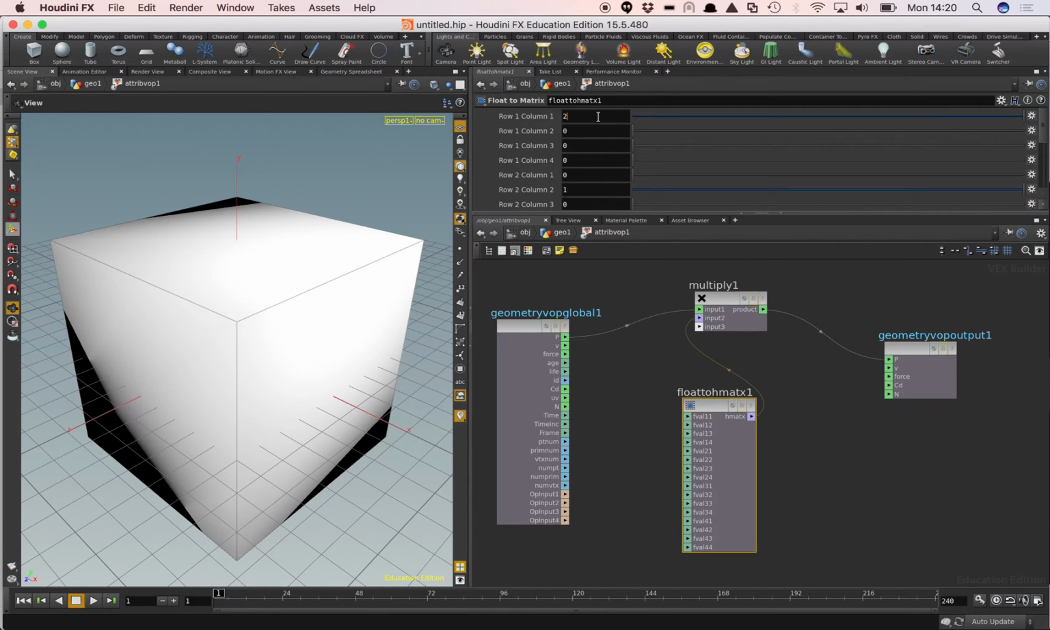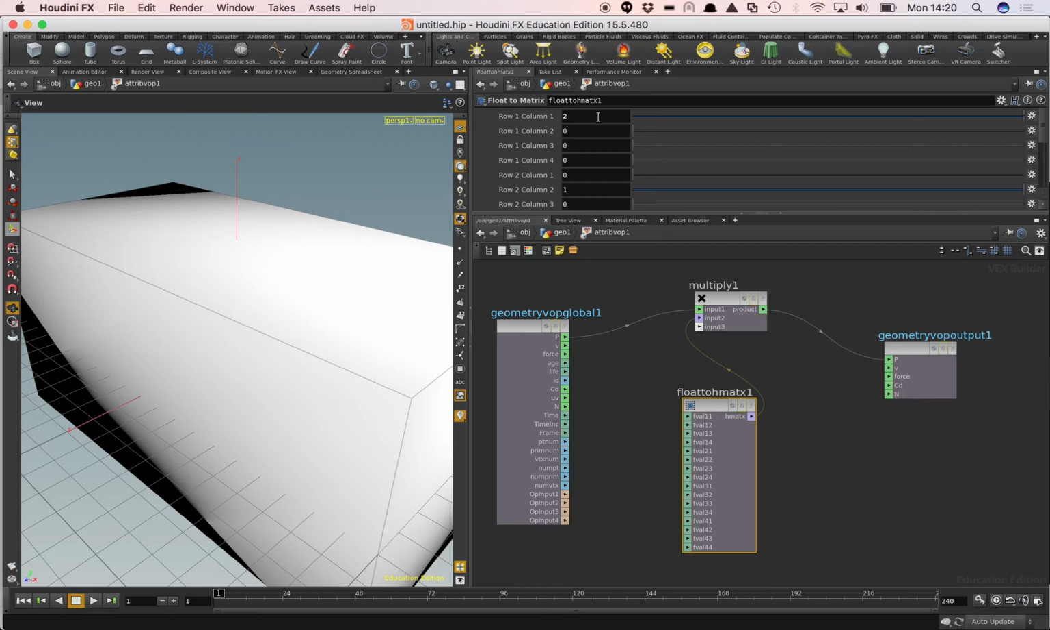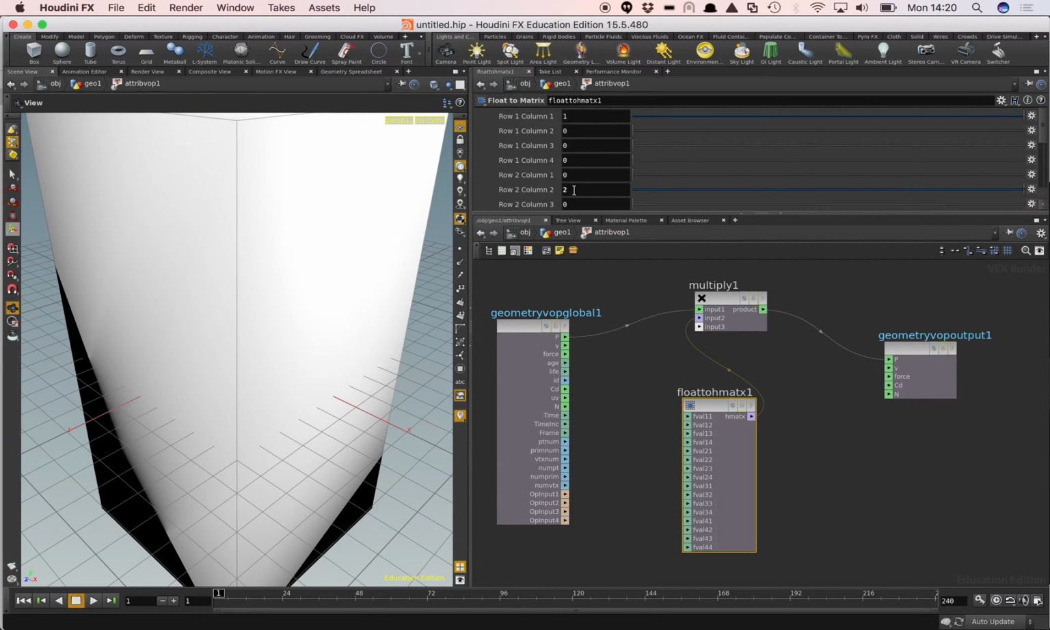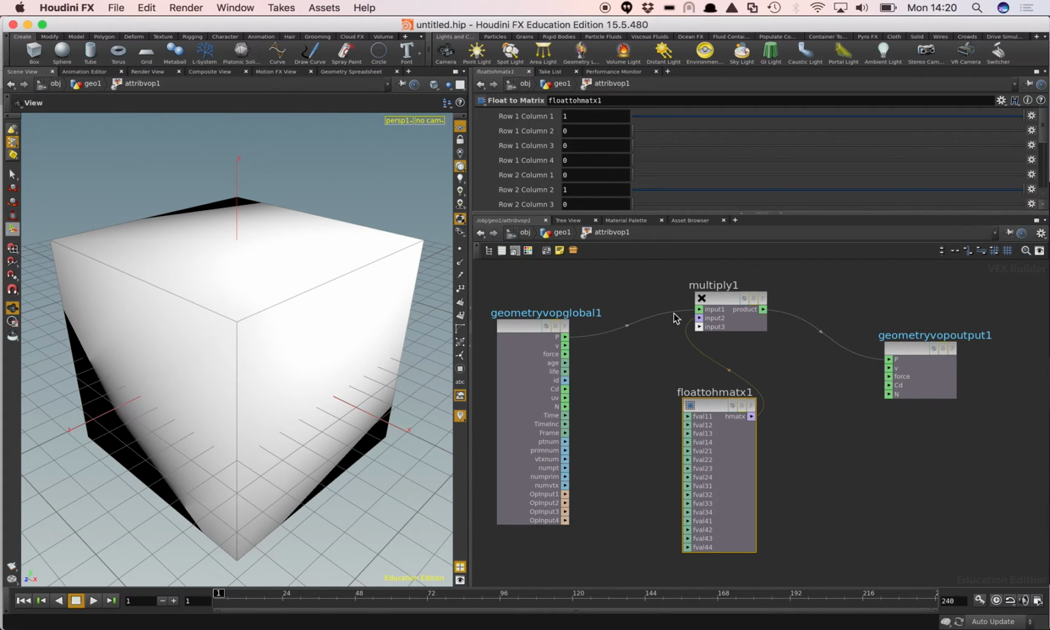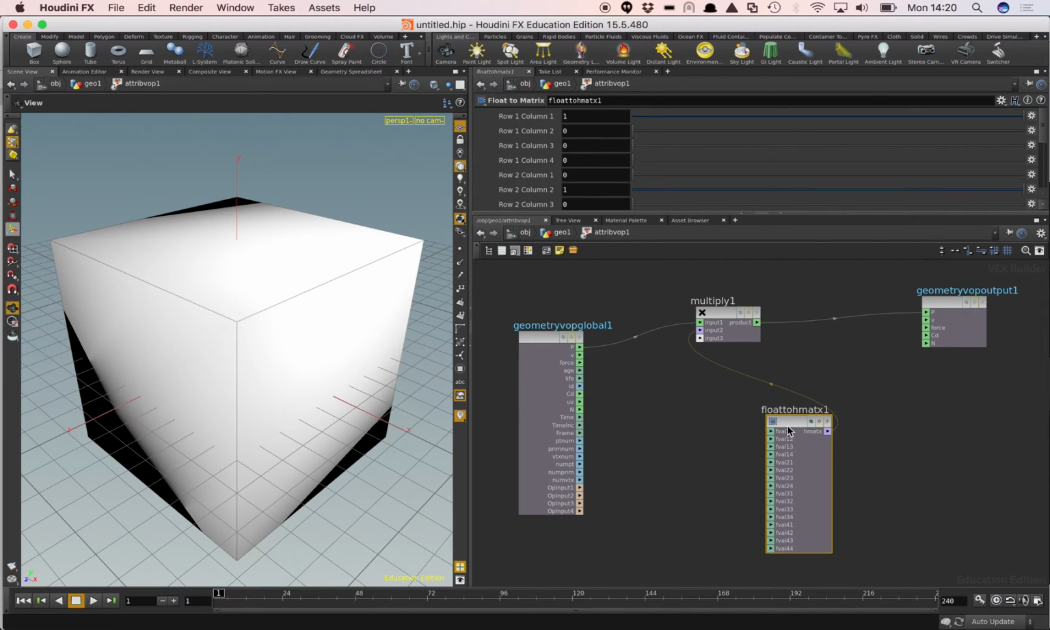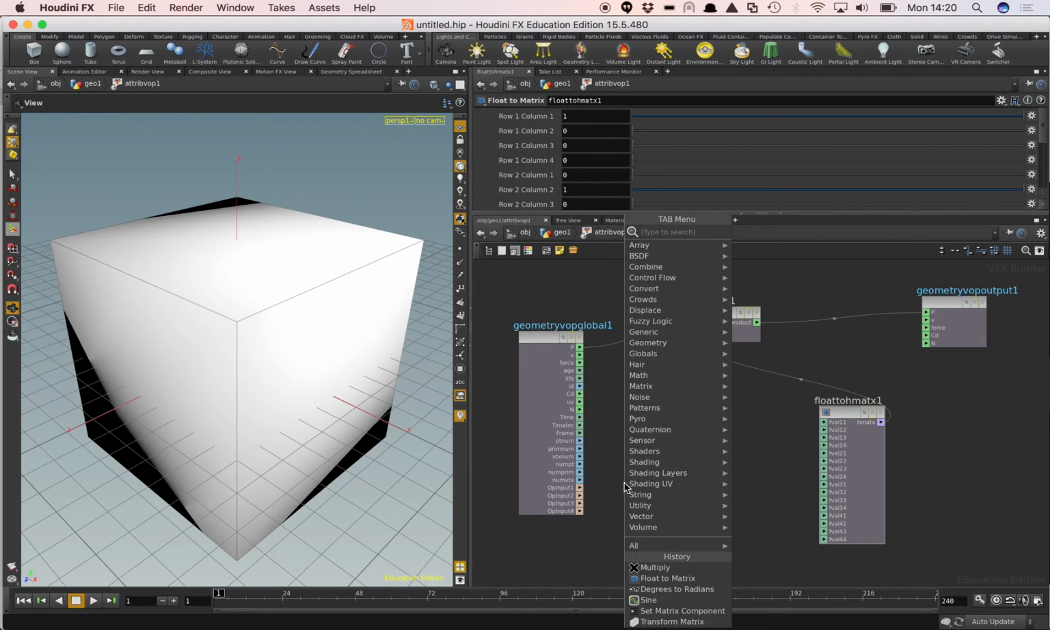If I change that to 2, we should see that we've got a uniform scale in that direction. Set it back to 1, it changes again. If I set that to 2, uniform scale in the Y, and so on. So it's a standard identity matrix. This is where the fun can come in, because what we can start to do is try and set the values of this matrix. So what I'm going to do is add in a